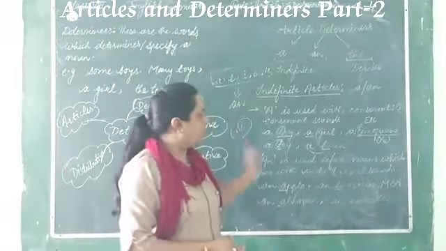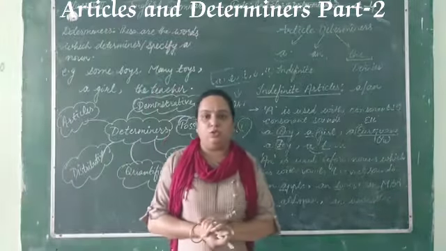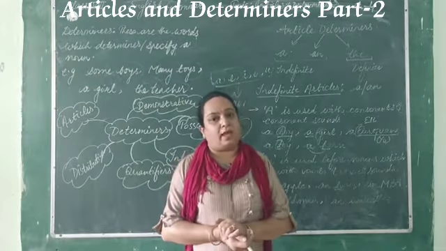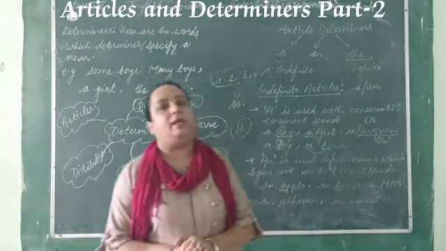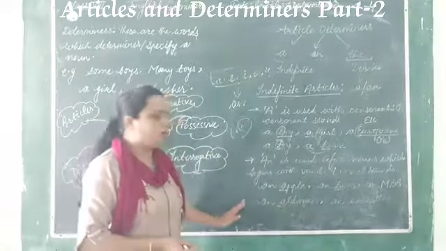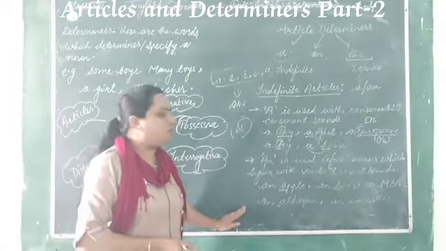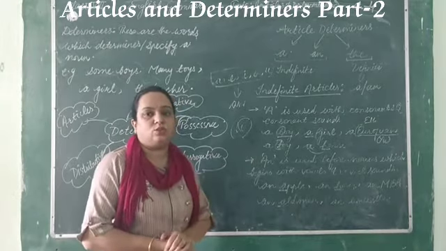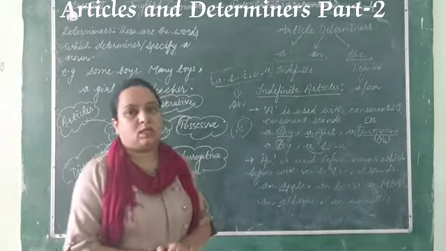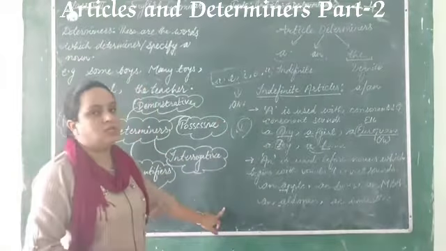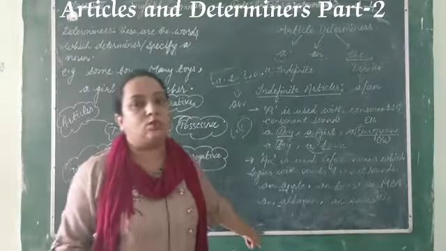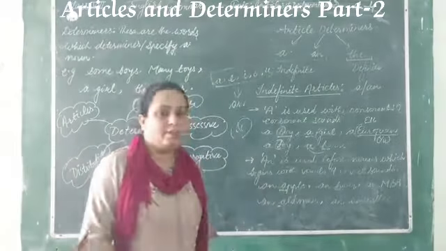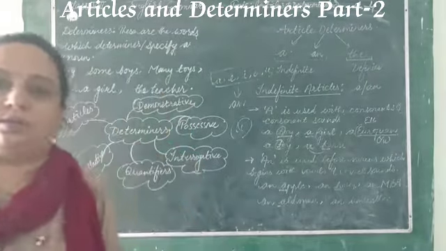Now let's understand some of the rules of a and an, where you have to apply a and where you have to apply an. I hope this concept is clear, but some rules are there, 5 to 6 rules which we have to discuss. So just take a screenshot of this, note it down in your notebook, because this is going to be very helpful in your examination. Take the screenshot.